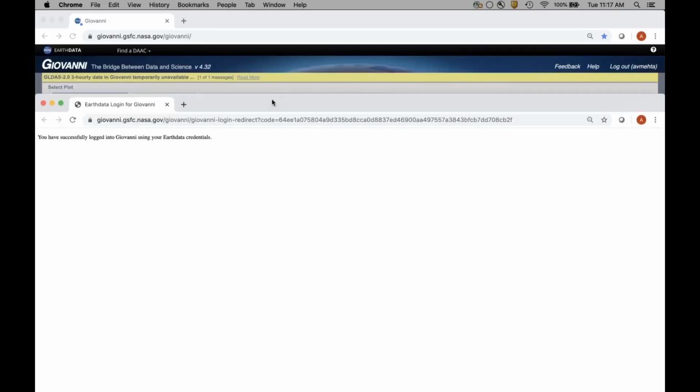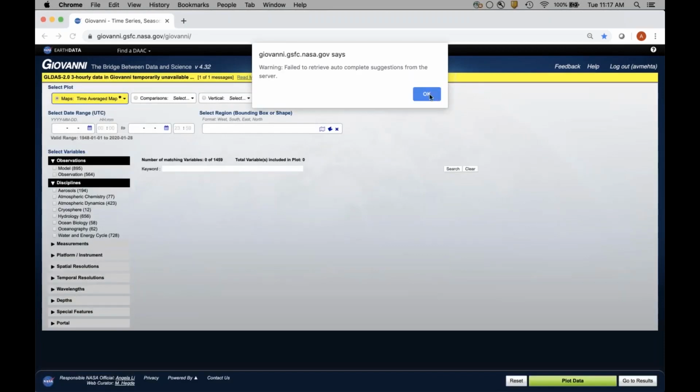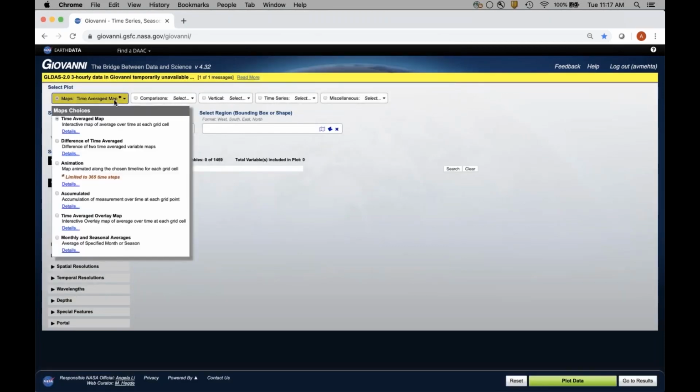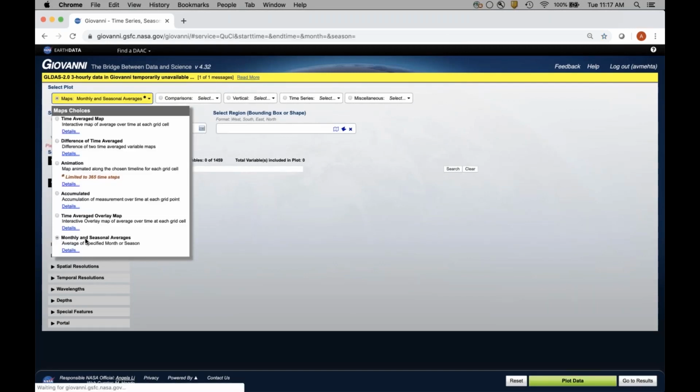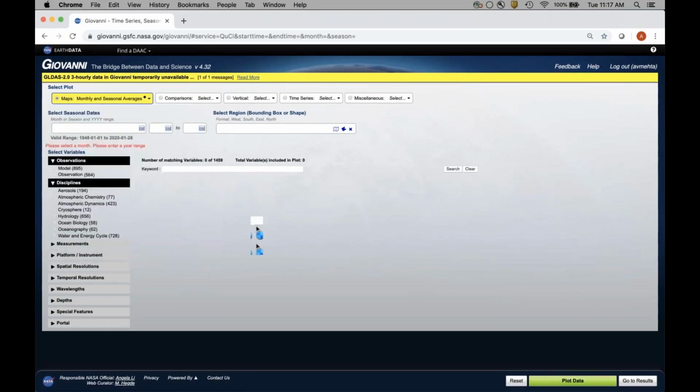So that's where you will be logging in to Earthdata. So here in monthly and seasonal averages, when you click that,